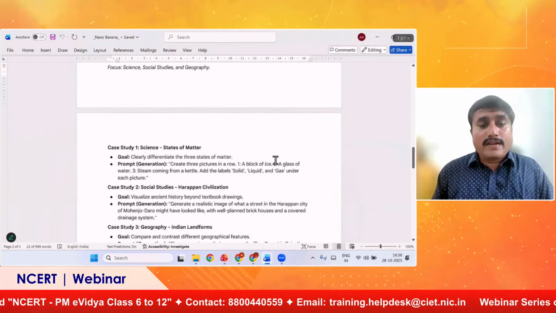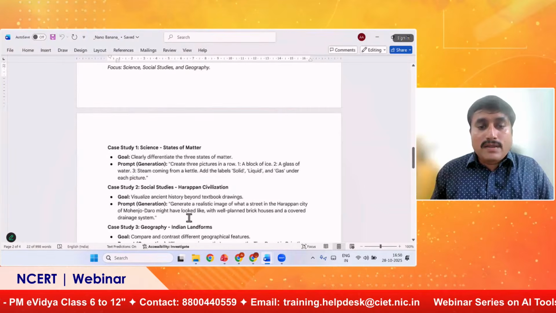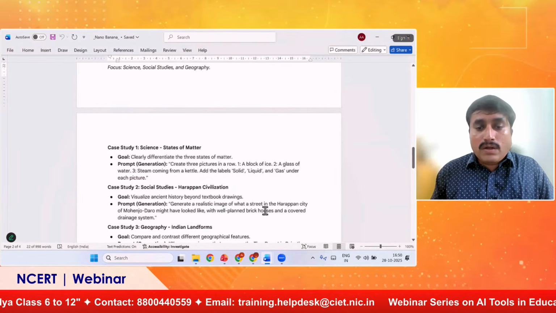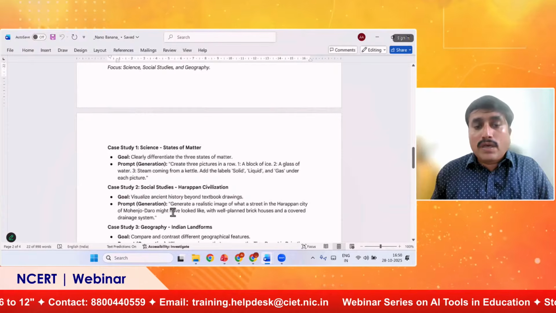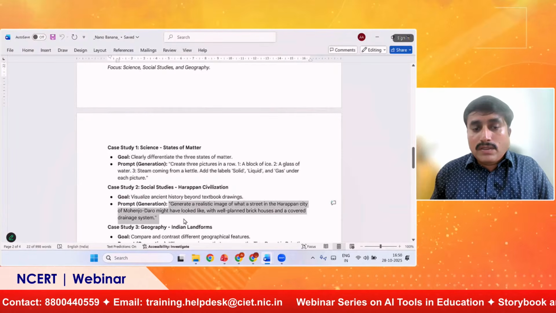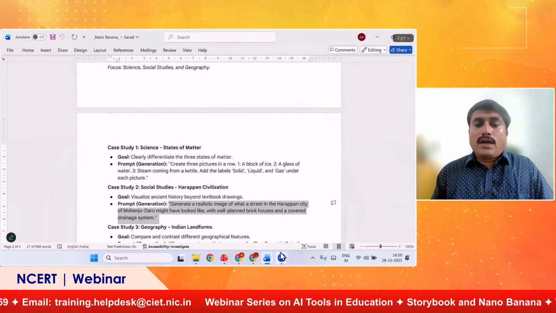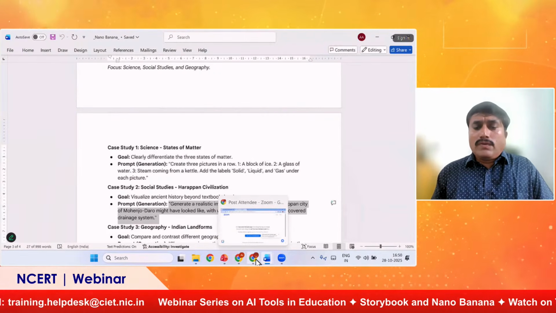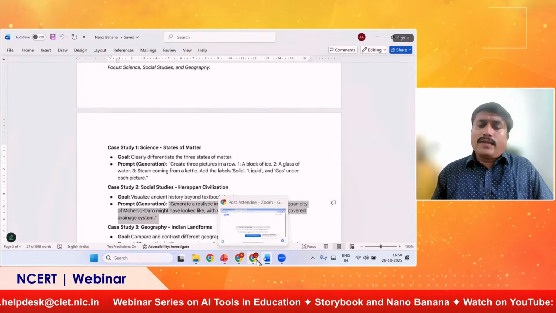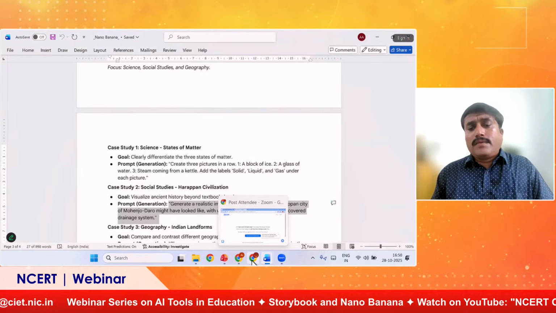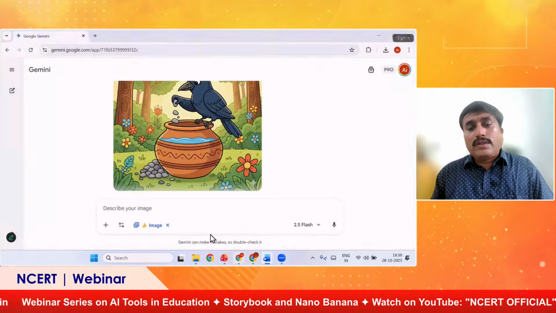And again, we can use it for other grade students, like here: generate a realistic image of a water street in the Harappan city of Mohenjo-daro. Mohenjo-daro is now in Pakistan. So Harappa and Mohenjo-daro, we can see in Google view and Google Maps, but we can generate the image of it also.